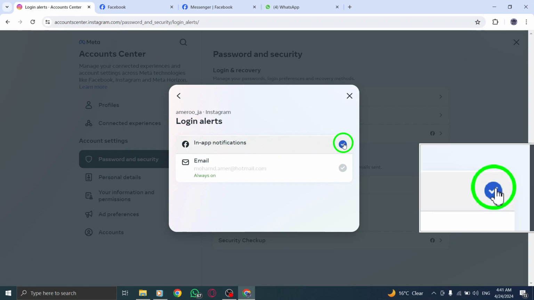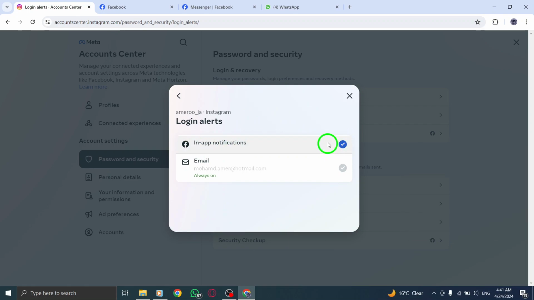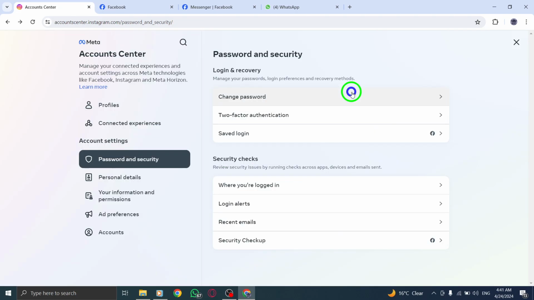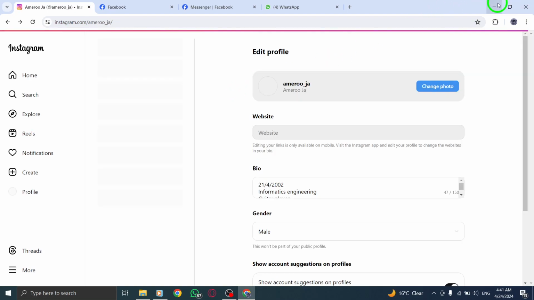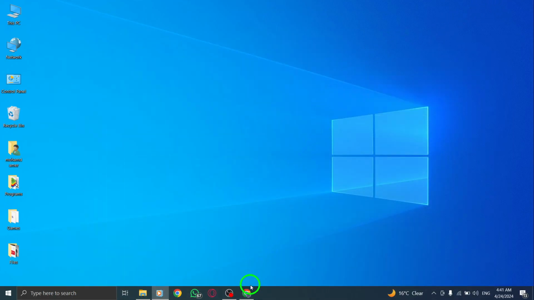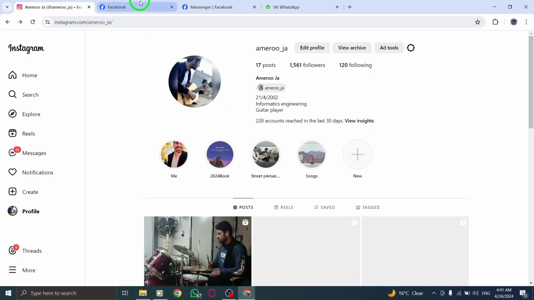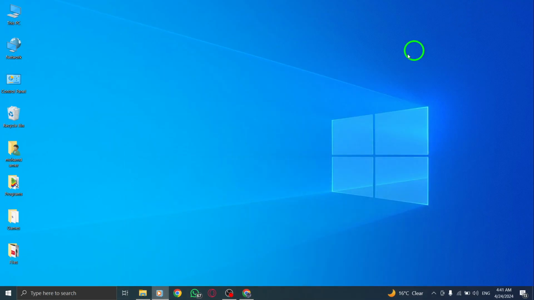By enabling in-app notifications, you will receive alerts directly on your device in case of any suspicious login activity on your Instagram account. This feature adds an extra layer of protection to help you keep your account secure. Once you have activated the in-app notifications, you can rest assured that you will be promptly informed about any unauthorized access attempts. Take control of your Instagram account's security by setting up login alerts and staying vigilant against potential security